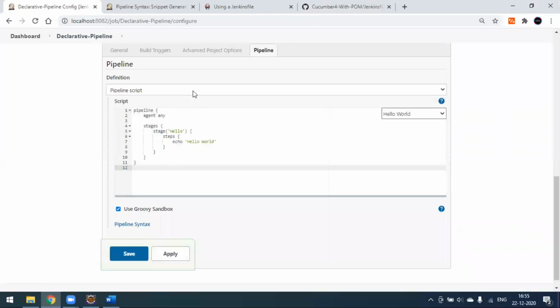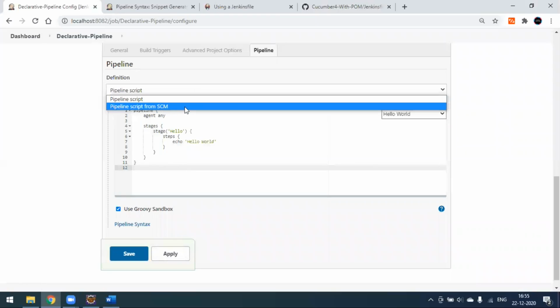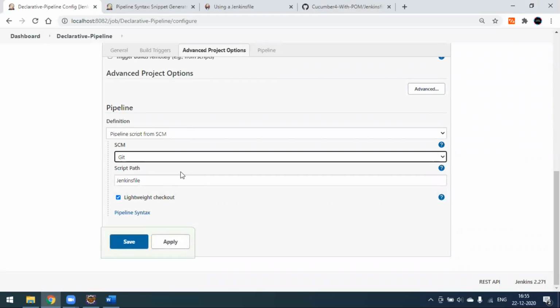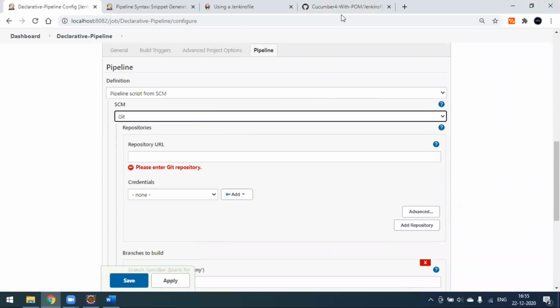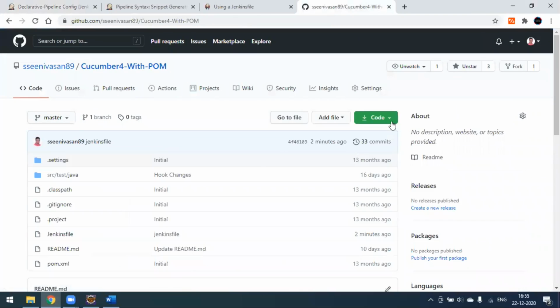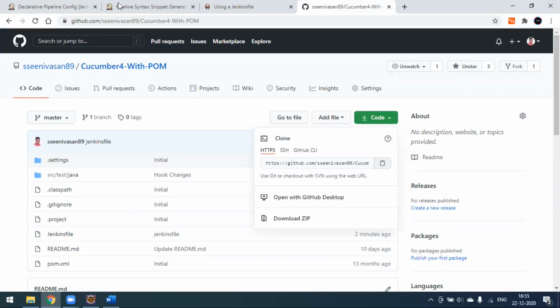So instead of writing the script here, you can select this pipeline script from the SCM, which is source code management. So our source code management is Git, right? So here we have to pass our Git URL. So I will copy my repository URL. So this is my repository URL. I copied this one